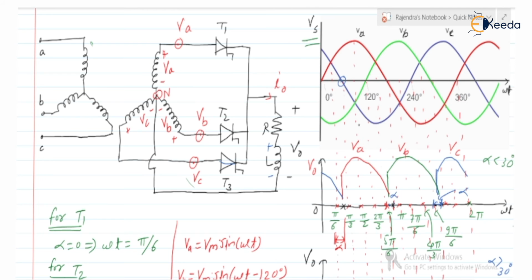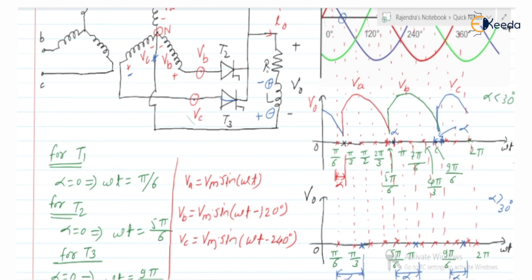Next, after omega t is equal to pi by 3, when Vc is negative, it means here it is a minus and here it is a plus. So this Vc will try to circulate current in this direction. But will this inductor allow the sudden reversal of the current? No. So whatever energy was stored by the inductor before omega t is equal to pi by 3, the inductor will release that energy after pi by 3. When the inductor releases the energy, at that time V0 will be the same as Vc only.